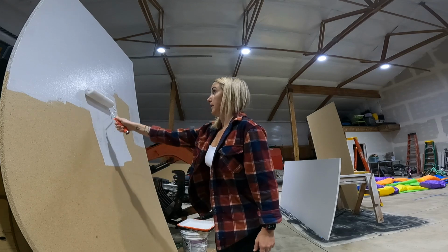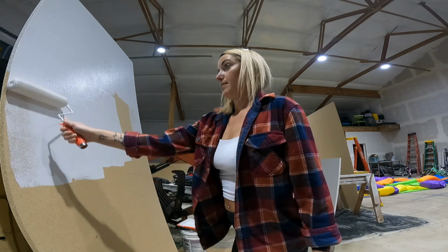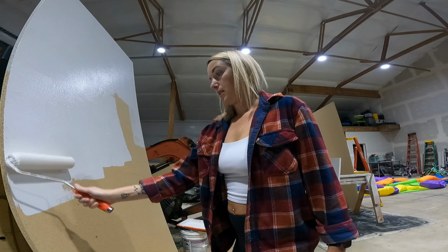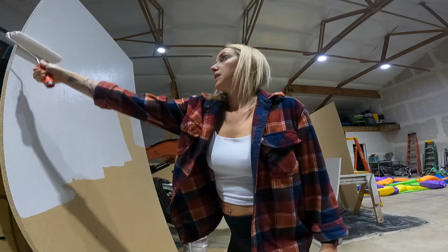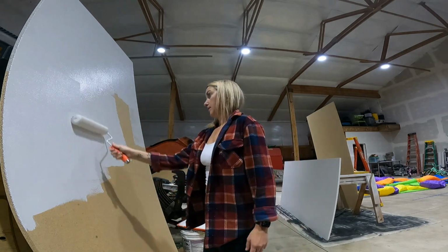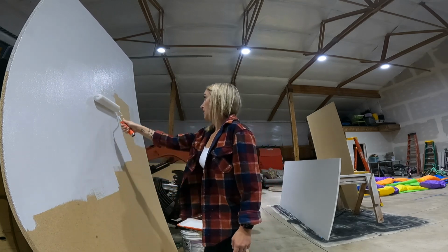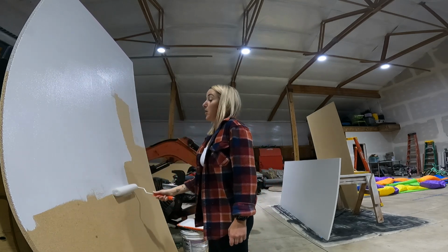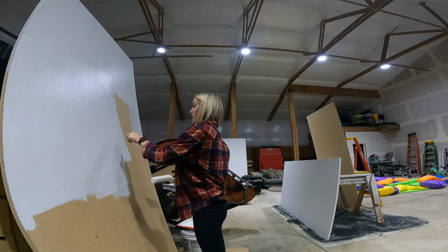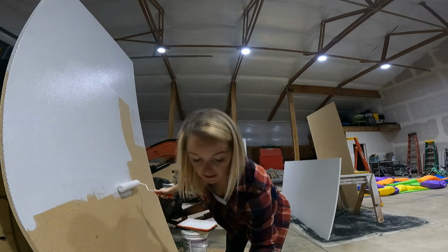Well, while I paint, I figured I'd give you an update, I guess, on how we're doing. We're just kind of taking it day by day. The going on vacation helps. There's the distraction. Projects help as a distraction, which is why I'm thrusting myself back into them. Plus,